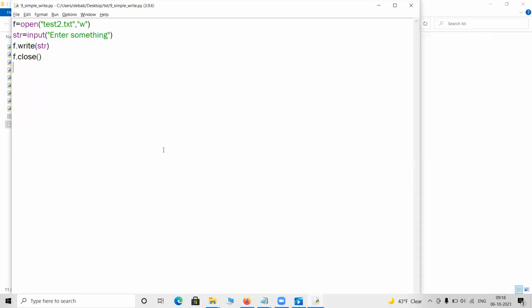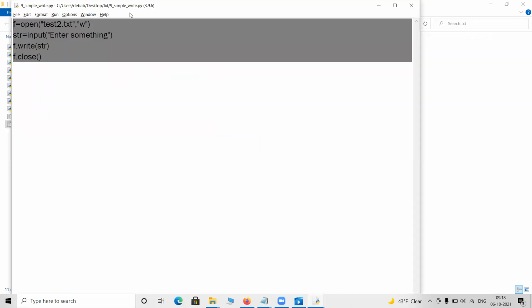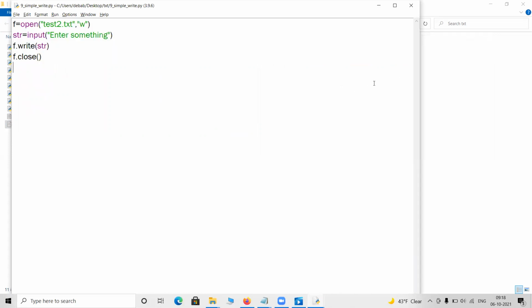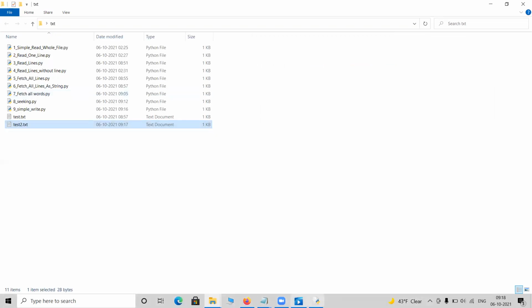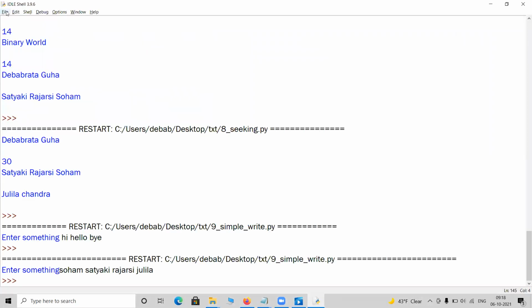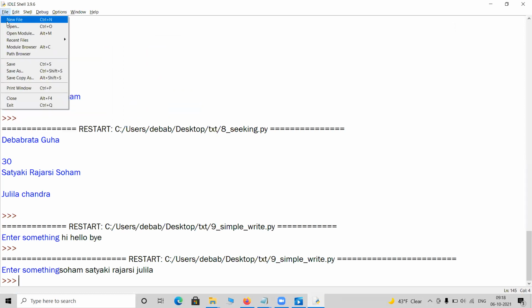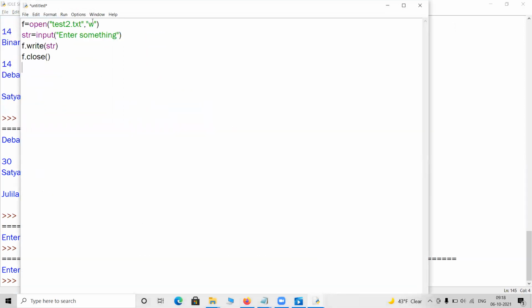So if we want to do that, let me copy this file. Okay, let me close this one. So I will create another program, and here the mode will be changed to append. Append mode is denoted by A. So what will happen? I will again enter something, and it will be appended at the end of the